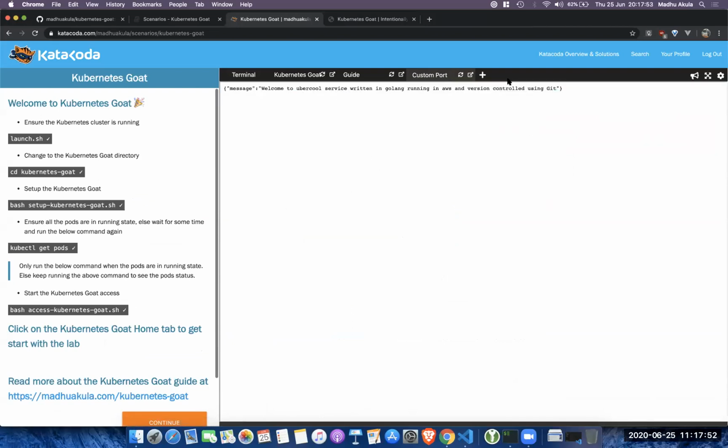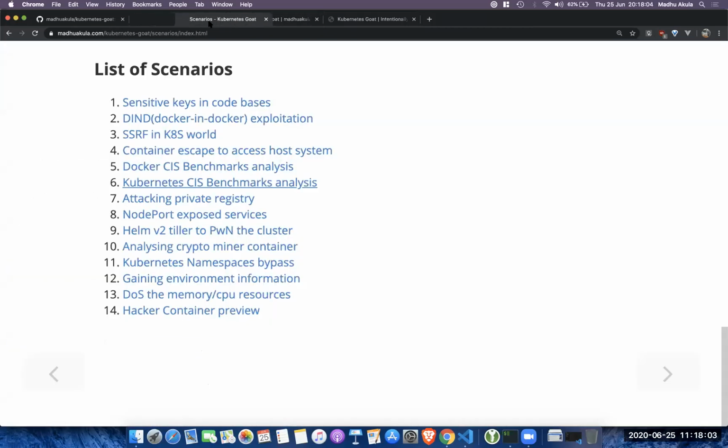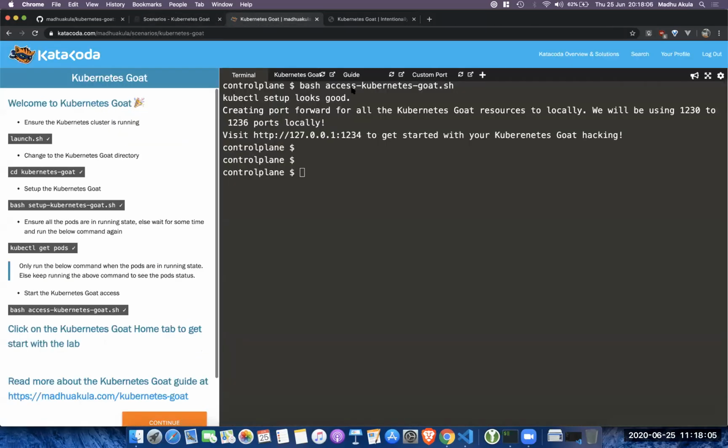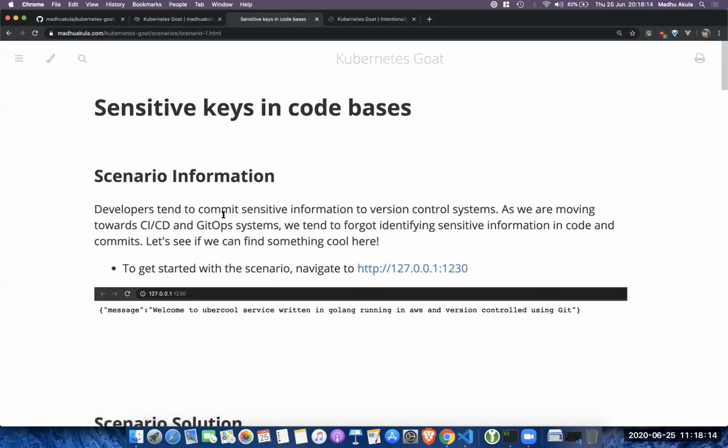It will show you here, right? So it's a pretty simple environment to get started with the Kubernetes code for you, right? I would highly recommend you try this before moving on. So let me go ahead with the scenarios we have. Before moving on, to get started, I'll showcase one of the scenarios, which is sensitive keys in